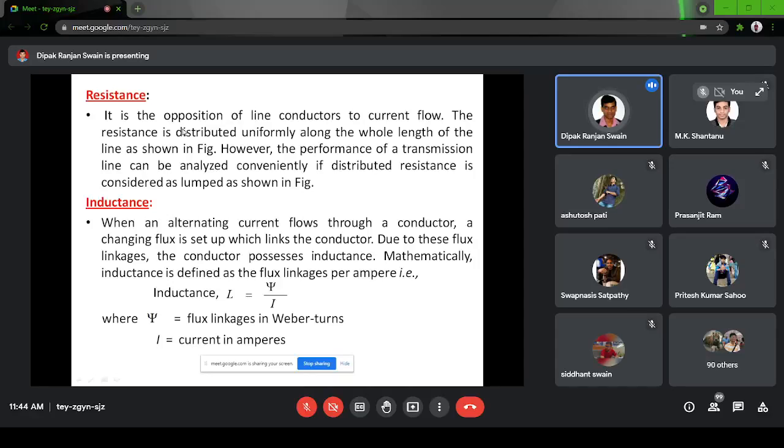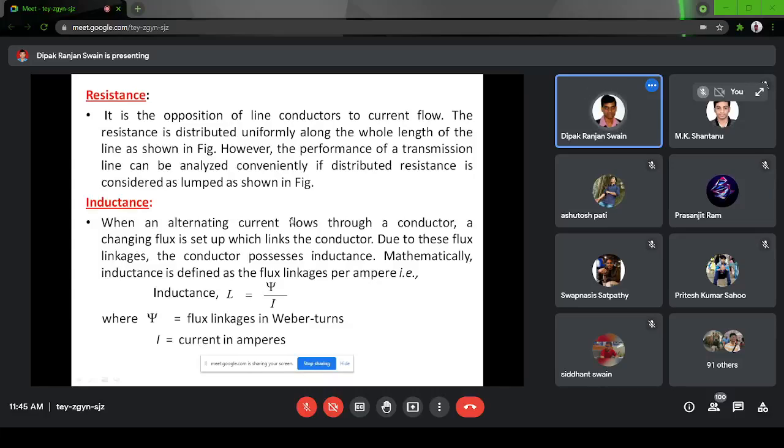And one more thing, this resistance value is not constant also. Why? Because these conductors are bare conductors which are subjected to different atmospheric conditions, including the sunlight. So during the day, if you measure the resistance at 1 o'clock, the resistance will be at its peak value, because with heating, the resistance value is going to increase. Similarly, in the winter season, the resistance value will be less because there is a drop in the temperature. So you need to take that into account, and you know how to calculate the resistance. If you know the basic value of resistance at a particular temperature, you know how to calculate it at a different temperature. I think that is taught in physics.